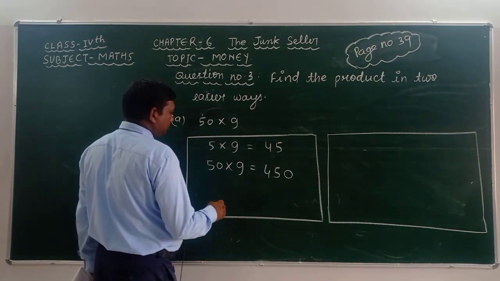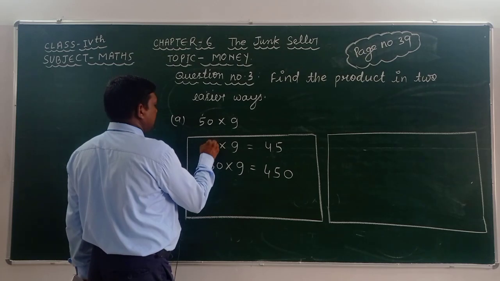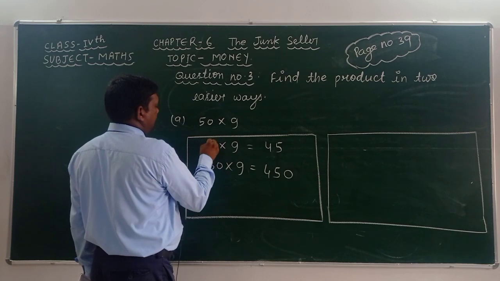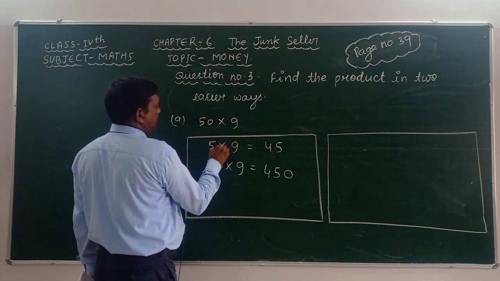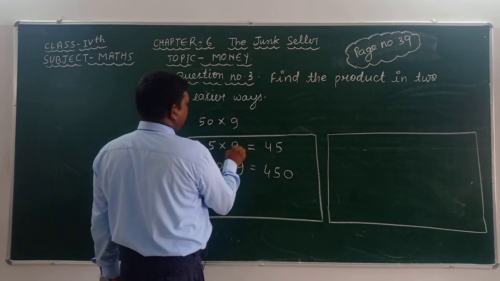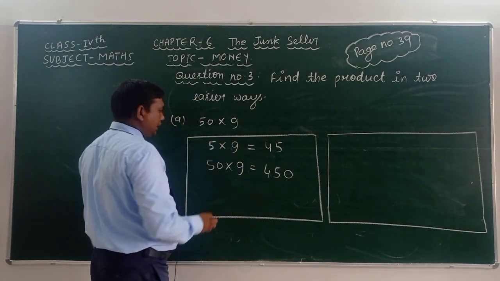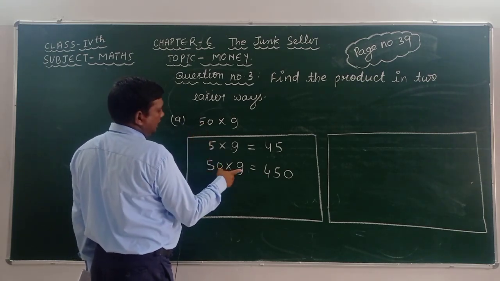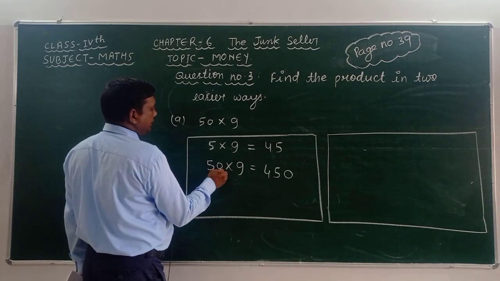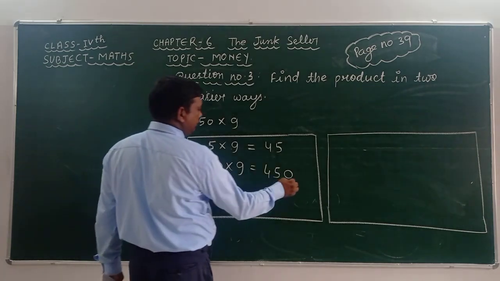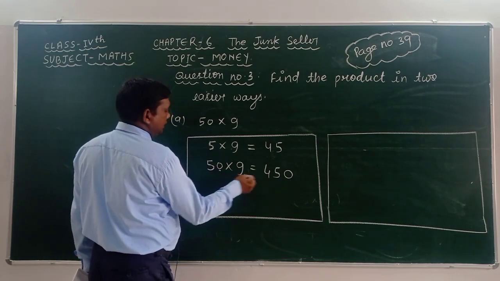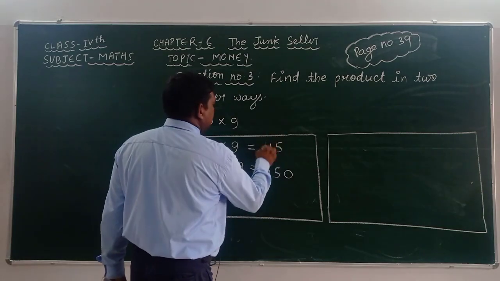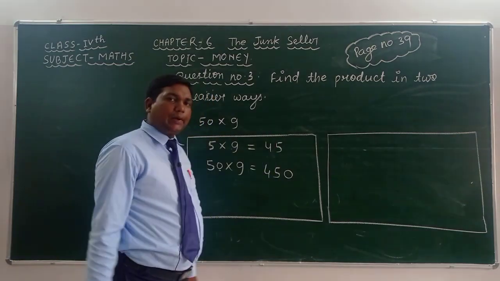It means that firstly we have to take 5 into 9, then we get 5 nines are 45. Okay, then again we can write 50 into 9, because in this 50 here given that 0, therefore we can take 0 as same, and again 5 nines are 45. Again here we can write 45 as the same of this number. Okay, understand?